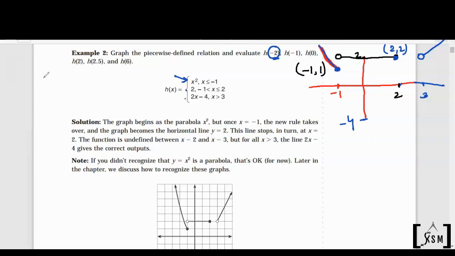So we'll just calculate h of -2, which would be -2 whole squared, because -2 was lying in the first category, so we plugged it into the first function, which is 4. So my answer is 4. Second question is h of -1. Now in the second part, the x value is -1. So which function should we go into? We should go into the first function because the x value is less than or equal to -1. So all the values which are less than or equal to -1 will go to the first function. So again -1 whole squared would be 1.